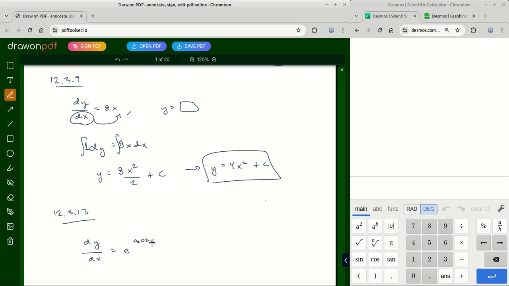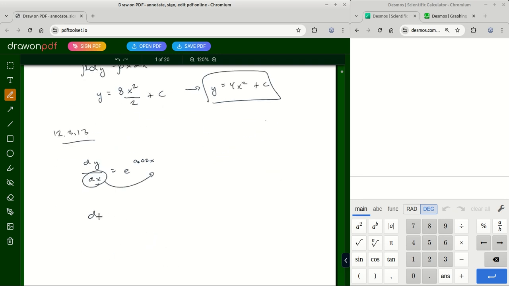Okay, so here's the new one. That's e to the 0.02x. And it's a solve, same as the last one. Very simple. So I'm going to multiply that to the other side: dy, and then I've got my e to the 0.02x and a dx. Integrate both sides. So y is equal to